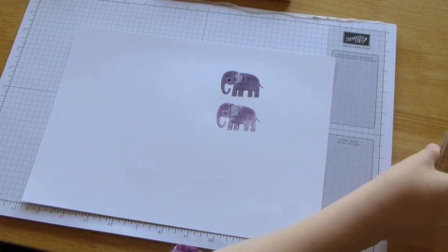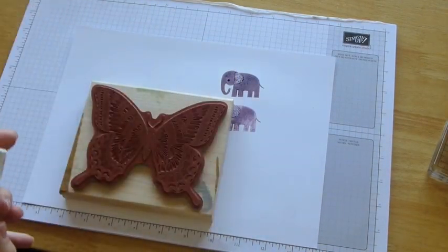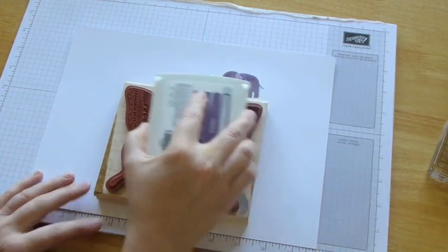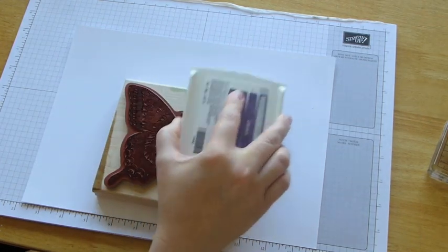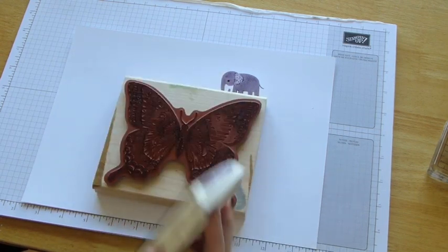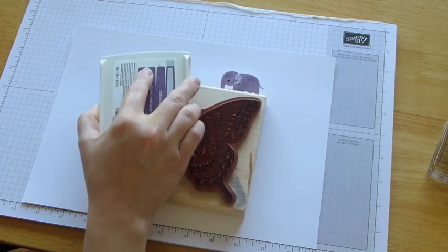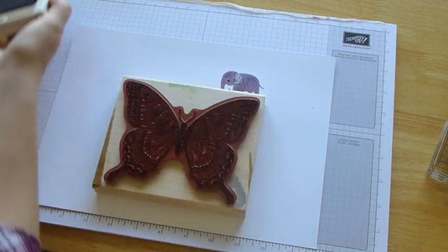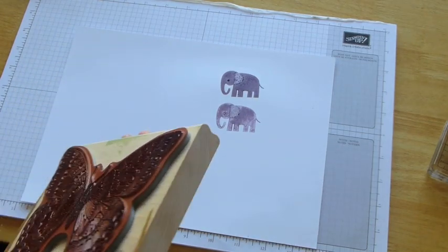When I go to ink up the stamp and stamp it out for a larger stamp, as I mentioned before, this time I'd be taking my ink pad to my stamp and I'm just going to tap that around. Again, it's a really light pressure, not really pressing down very hard at all. If I've missed off any areas, I can just go back again, I don't need to worry. Check the stamp again. As I mentioned before, it should be glossy all the way around. And then when I go to stamp out my image,